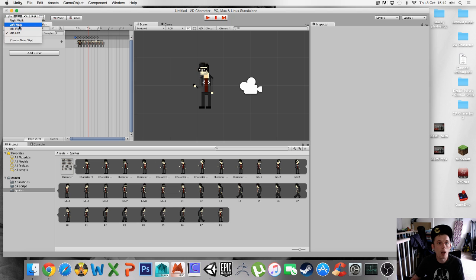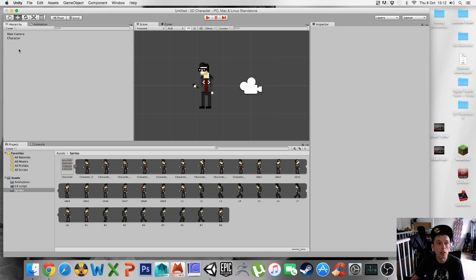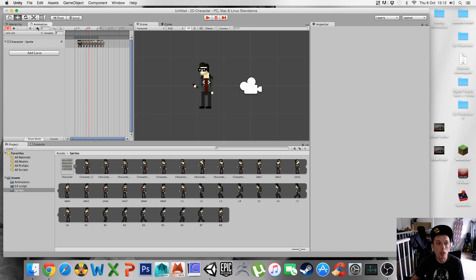So now we have our animations set up. As we can see, when we look at the animation window, we have all 4: idle left, idle right, left walk, and right walk. So that's it for this part. What we're going to do in the next part, we're going to actually look at creating linkage between these animations, and we are going to incorporate some C# script. So I'll see you in part